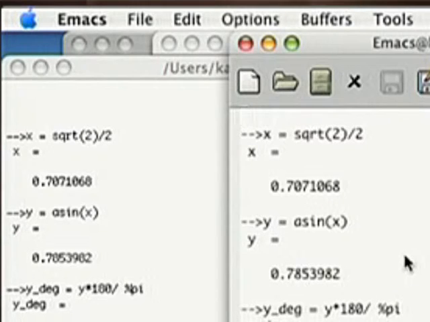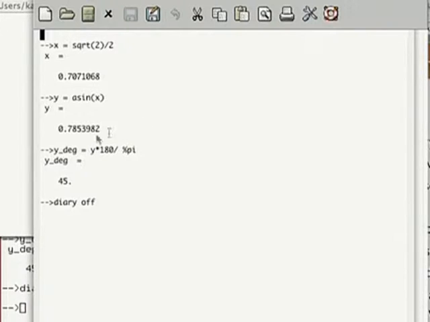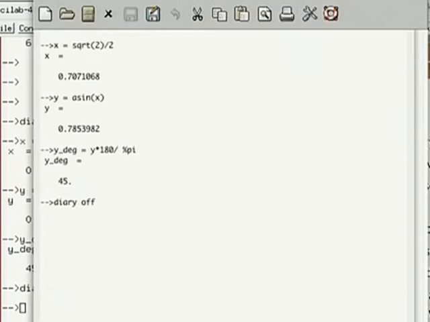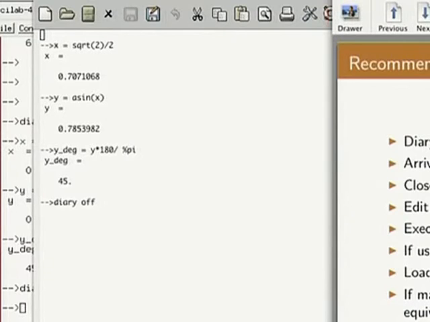It's an extremely important, extremely useful thing, because you don't have to remember what are the things that worked. Typically in a session what happens is you try 10 commands, one will work, because you are learning something, and then you cannot remember just one. So this is a nice one. You open the diary, close it, remember to close it. If you don't close it, that information is lost. The command that I gave was diary off. You close the diary, and then you have this, edited and so on.